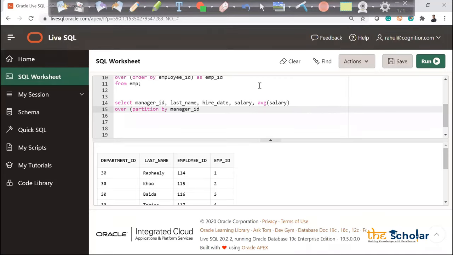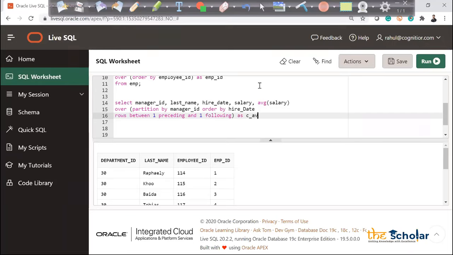order by hire date, and in this bracket itself rows between one preceding and one following as, let's say, cumulative average.